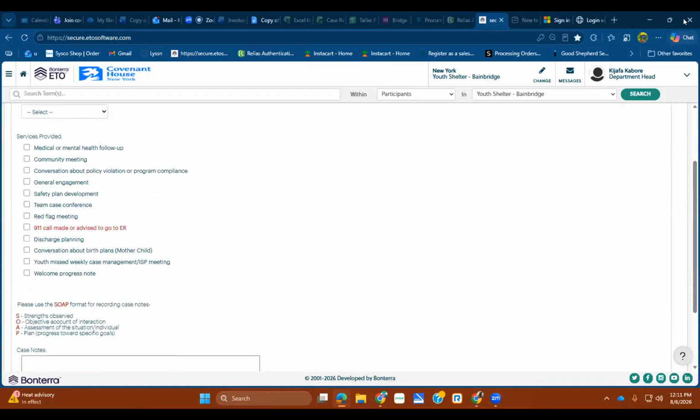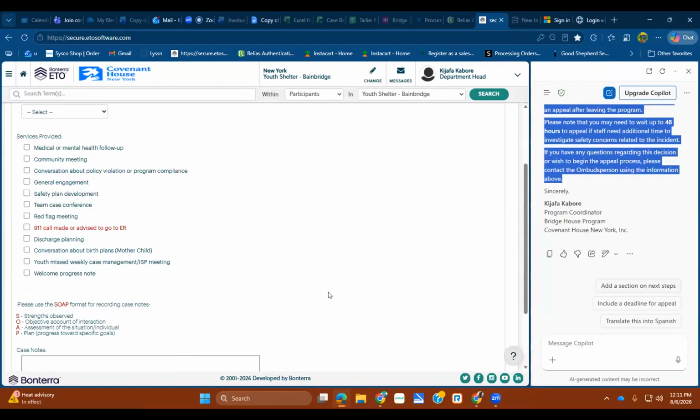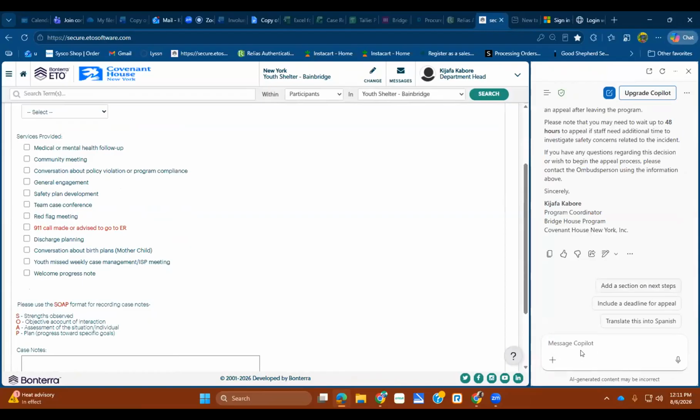So what I normally do is I put it in chat. I don't put the youth information, of course, but I say create a SOAP. And like I said last time, because I do it so much, it's kind of intuitive. It knows what a SOAP is. So when I first started doing it, I had to put in the same thing, copied and pasted, told it what a SOAP note was and what platform I'm using a SOAP note for. Now that I've done it a couple of times, it knows once I put create a SOAP note for